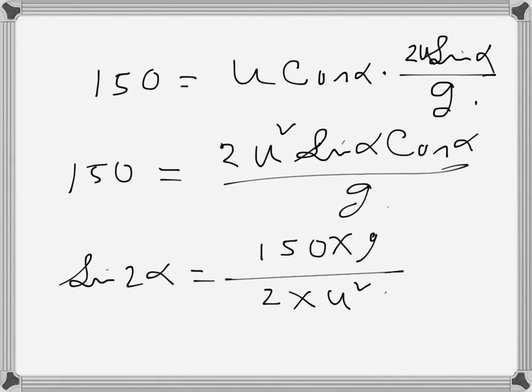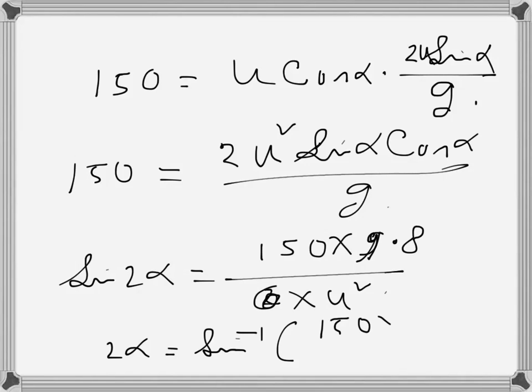There won't be any 2 here because 2 sine alpha cos alpha is sine 2 alpha. So 2 alpha is sine inverse of 150 times 9.8 over 125 times 125,